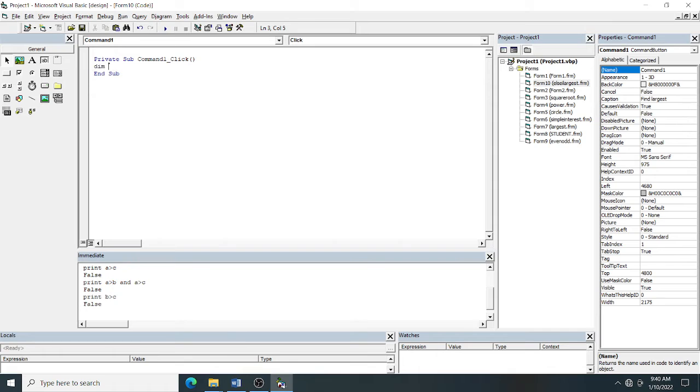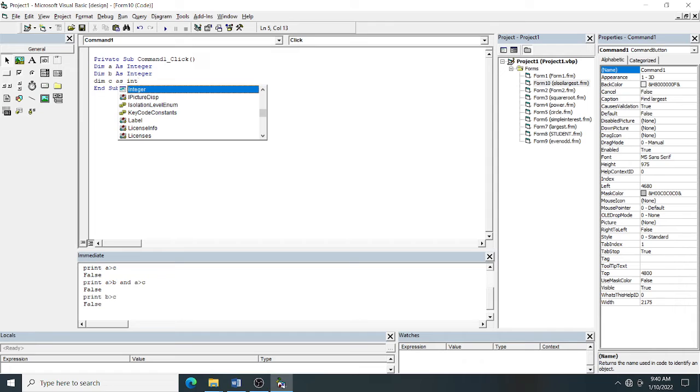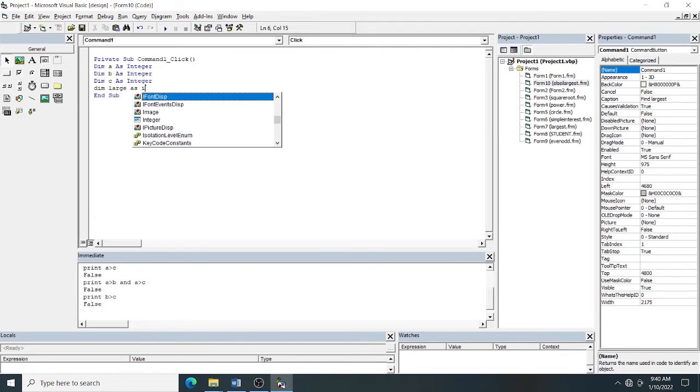In Command1, I have to declare 3 variables: A as Integer, B as Integer, C as Integer, and one output variable, called Large as Integer. Now I have to store the Text1 value.